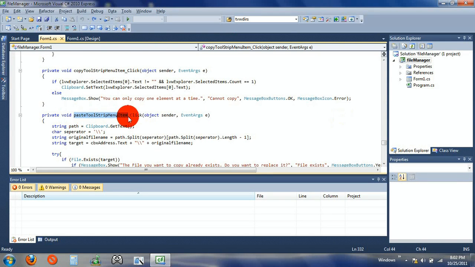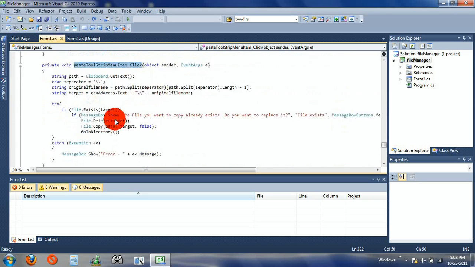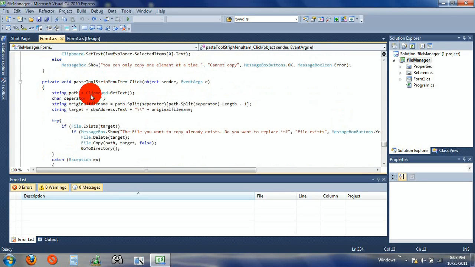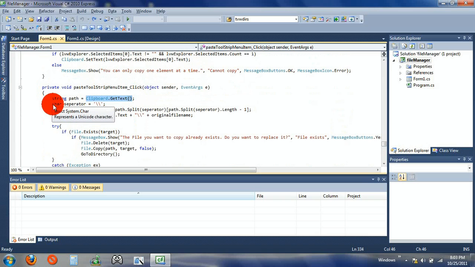And now the paste is a bit longer, but still pretty simple. Now the path is just clipboard to get text, the text that we've got on the clipboard. Then we've got a separator, and just a jar again, and then the string original file name equals path.split separator. Okay, so we need the original file name of the file we want to copy, and that's just path.split. So split that path with the separator